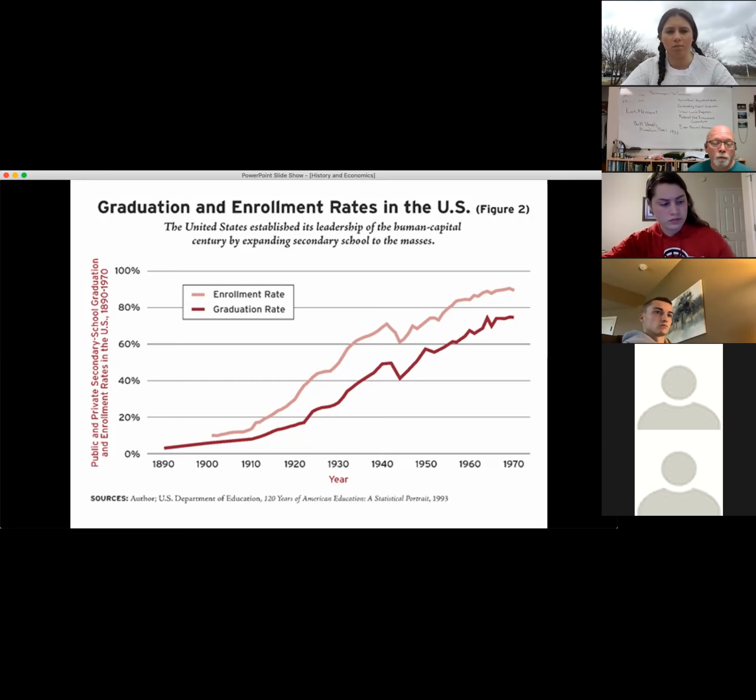Oftentimes these people went and enrolled in college at what came to be known as agricultural and mechanical universities. West Texas A&M, Virginia Tech. All of these are land grant universities that basically catered to agricultural and engineering programs. And many of the people who came back from World War II enrolled in these agricultural programs so that they could go back to the farm and be more educated farmers